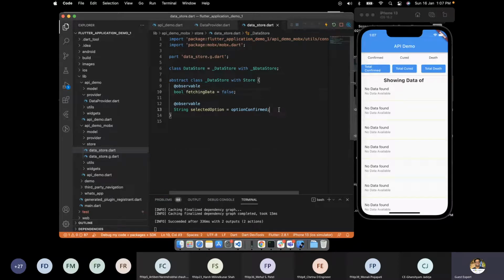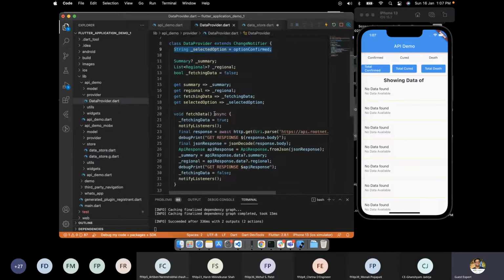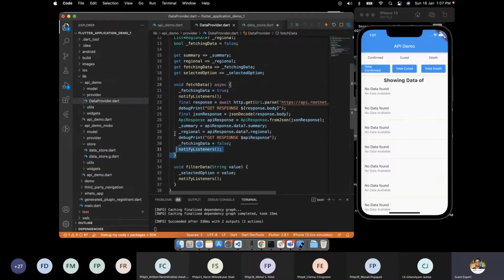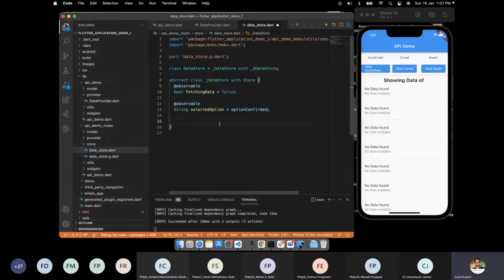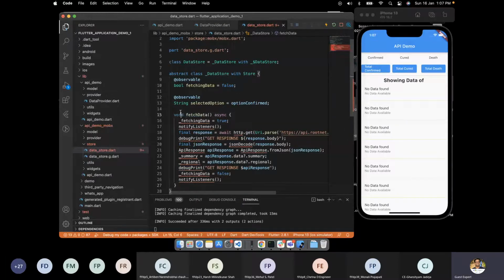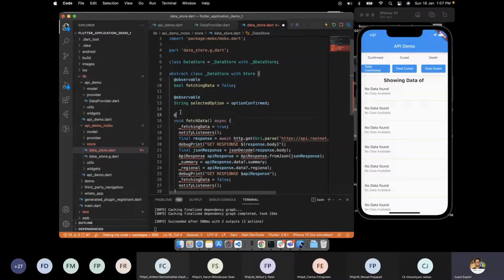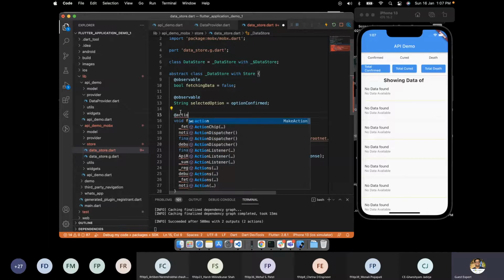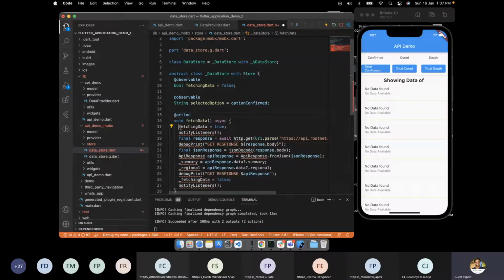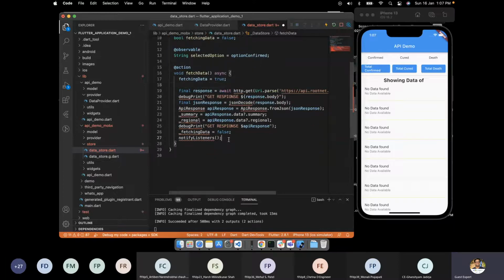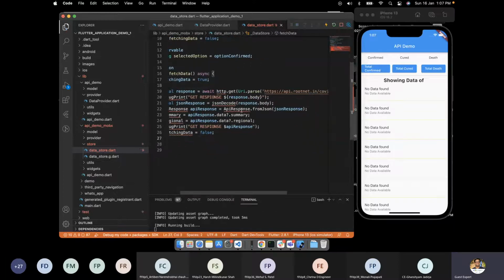Now we have an action called fetchData. We'll simply copy this fetchData method, put it here and annotate it with @action, and fetchingData. I'll remove notifyListeners because that's part of Flutter, which we don't need.